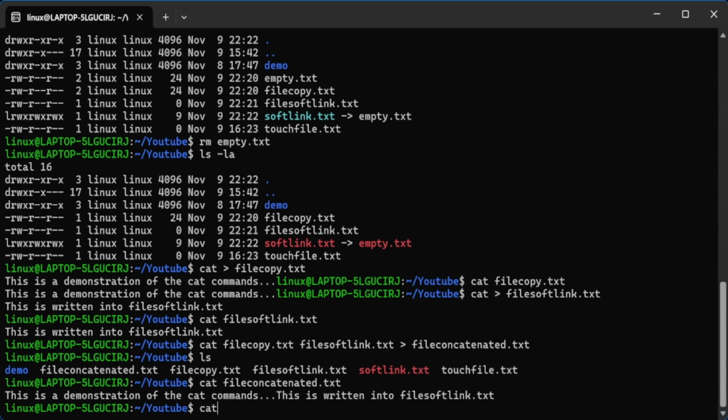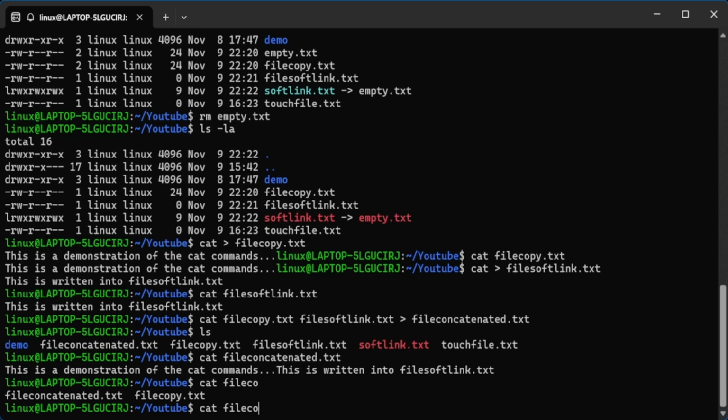So in this scenario, I would write cat file concatenated. Another interesting thing I would like to say is that if you have written the name of the file, let's say I have written file con, since this has been written, if you click the tab button, it will autofill the entire term. So you again can save a little bit of time. Not much, but since you will be working on larger systems, as an advanced user and an intermediate user, you